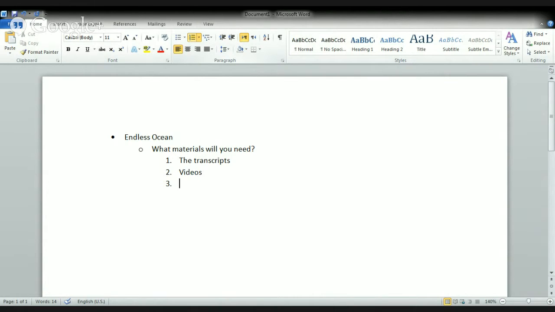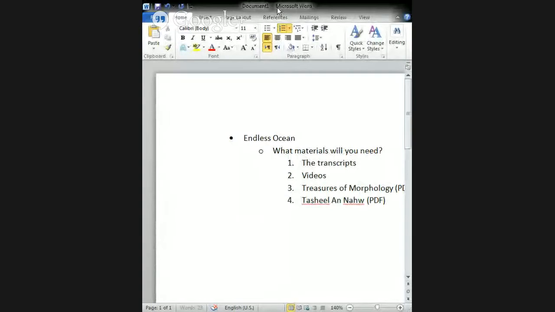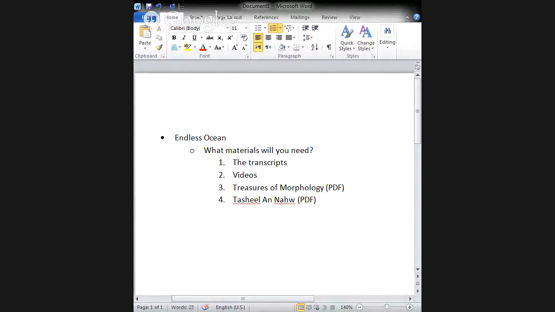The third thing which you're most likely going to need as well is a book called Treasures of Morphology. This will be sent via email. It's a PDF, so I wouldn't fully depend on this book, but at the same time, you want to use it with some other books which I may send. And a fourth, I have a book called Tasheel al-Nahu. It may be useful in helping you understand how a lot of these things generally work when it comes to verbs. Now, moving back to the book that we were going over beforehand,